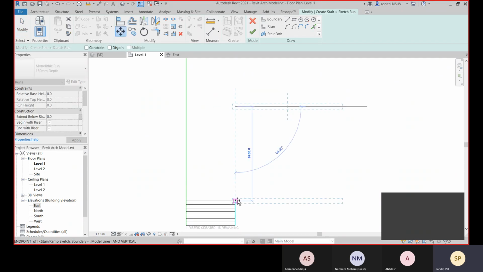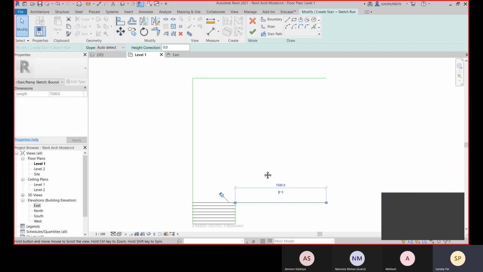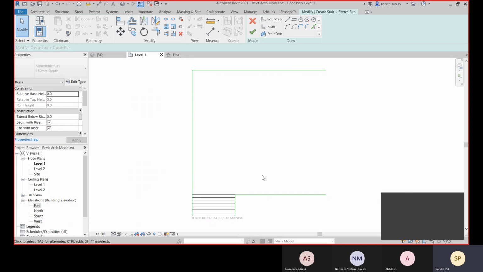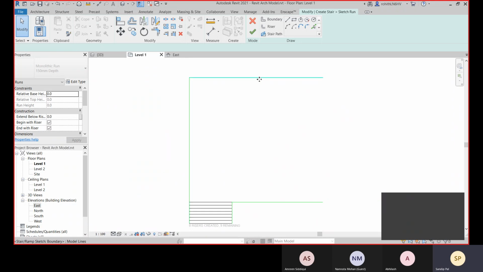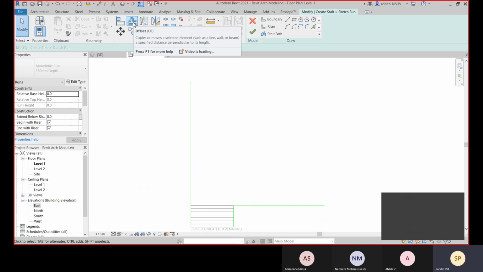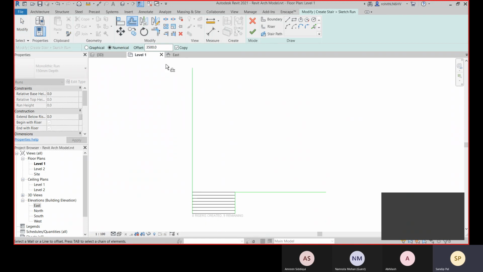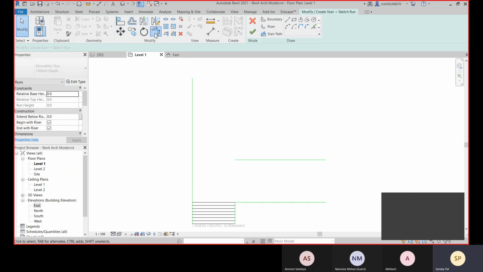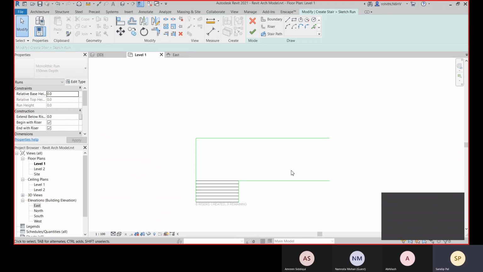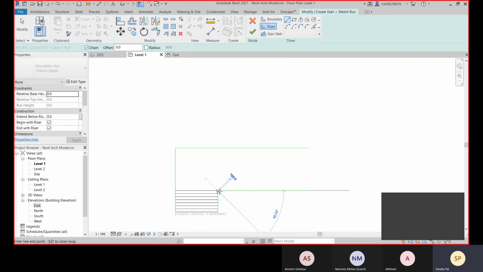Move this to this. Now let me delete this, go with this offset, and let's create the offset value. Now let's trim this. Now again go with this riser, so it will be the next riser.